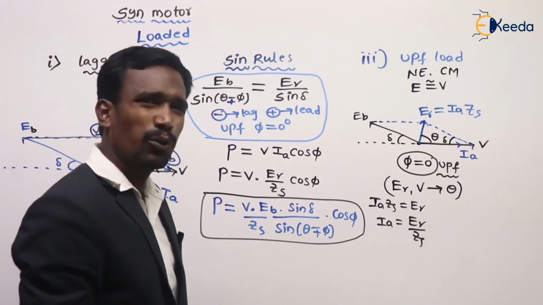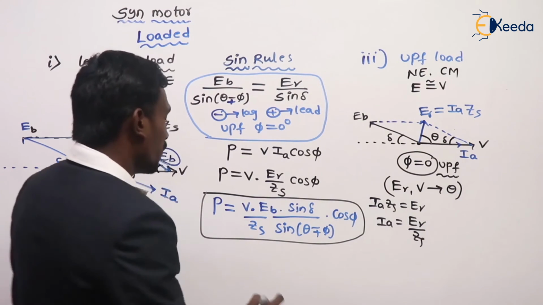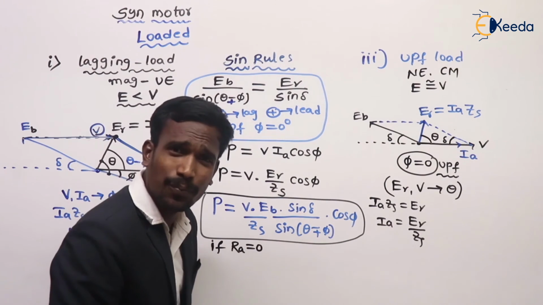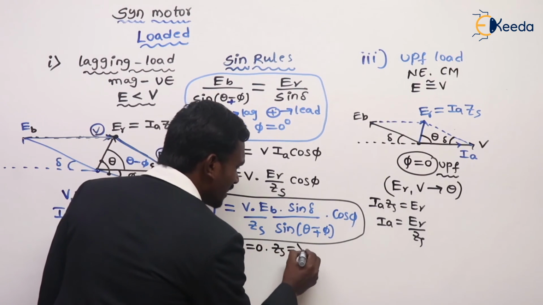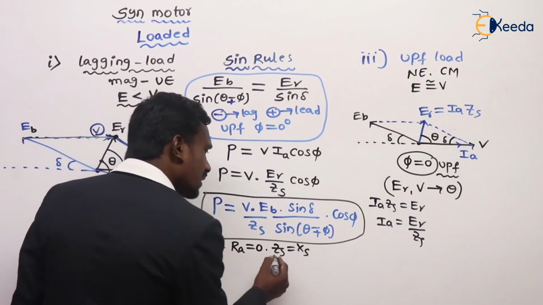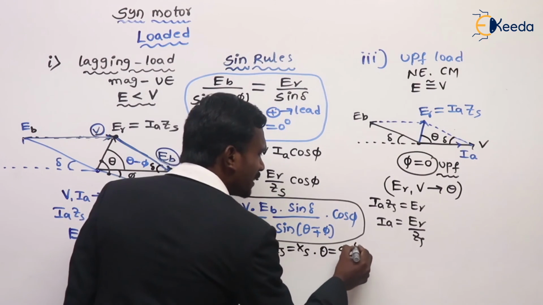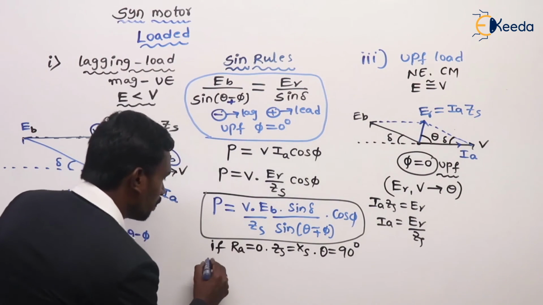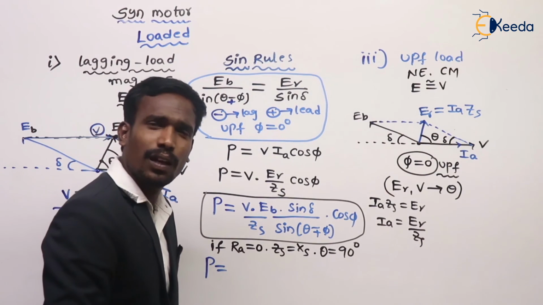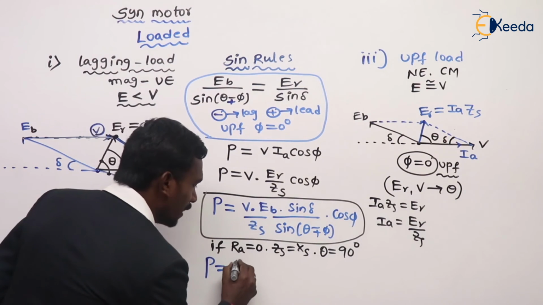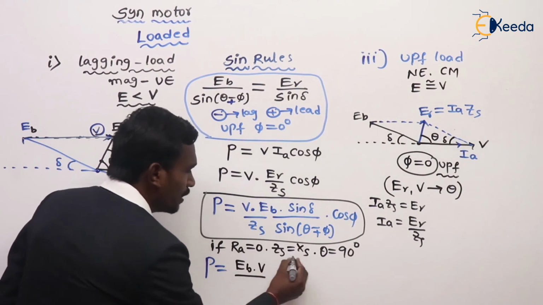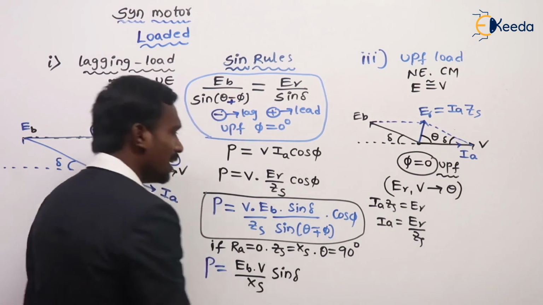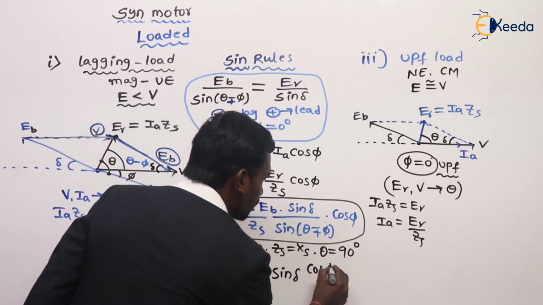Sir, what you derived, sir? Where is our power equation? Just wait. For example, see here, if armature resistance is neglected, are you okay? When armature resistance is neglected, Zs is equal to Xs. When Zs is equal to Xs, theta is equal to 90 degrees. So now substitute all these values, you can get the power equation. Come on. So P is equal to V into EB upon Zs which is Xs, and sine delta is there, and cos phi is there, upon